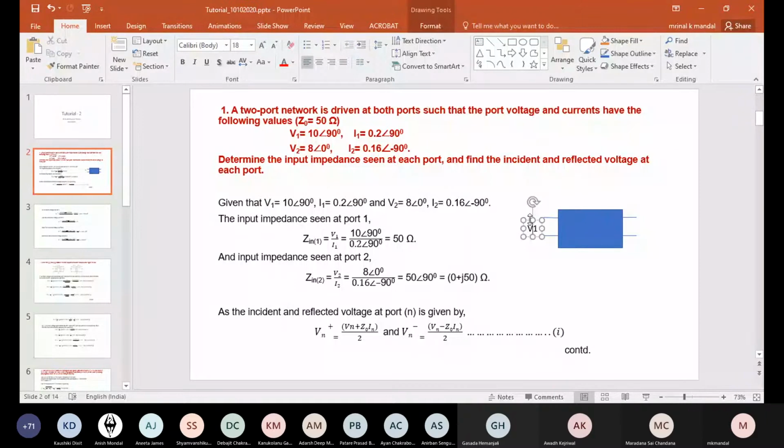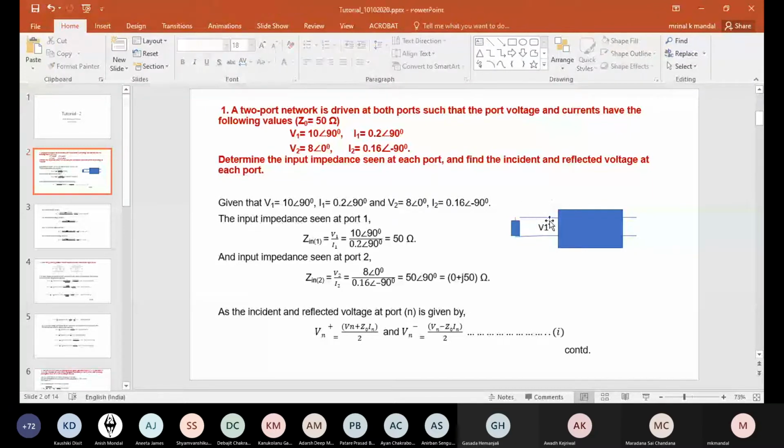Well, actually, if I zoom it in, here we have the port impedance, no? And that is connected like this. Now I said that you have to consider it as a wave. So V1 is the port voltage, it is the total port voltage. Now I want to calculate what is the incident voltage, forward going wave, voltage wave.